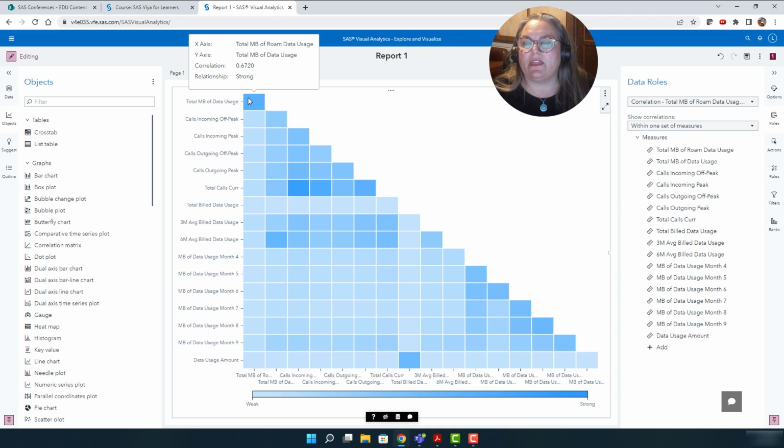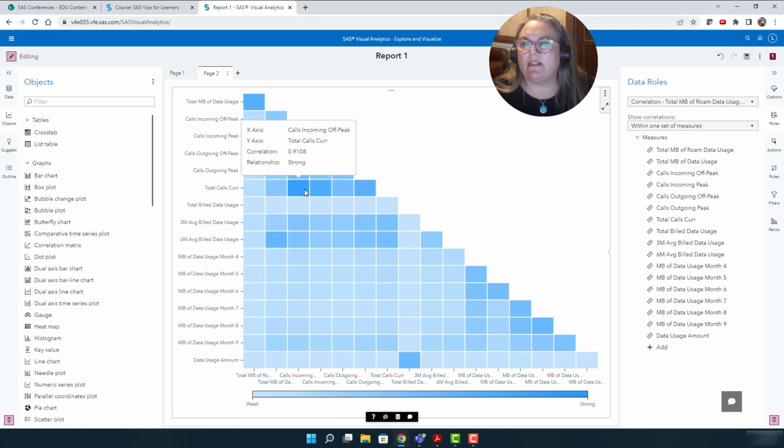So the darker the blue, the stronger the relationship. And let's see, calls incoming off peak is highly correlated to total calls. Not a big surprise, right? Same here, total calls, strong relationship with calls incoming peak.